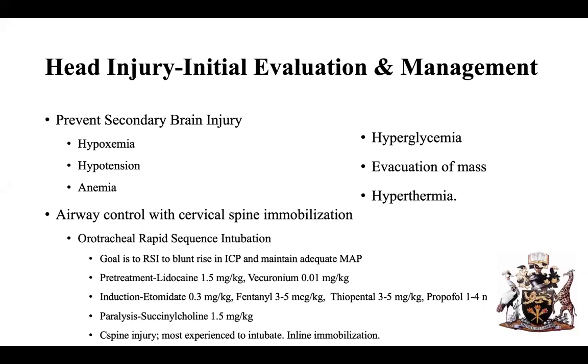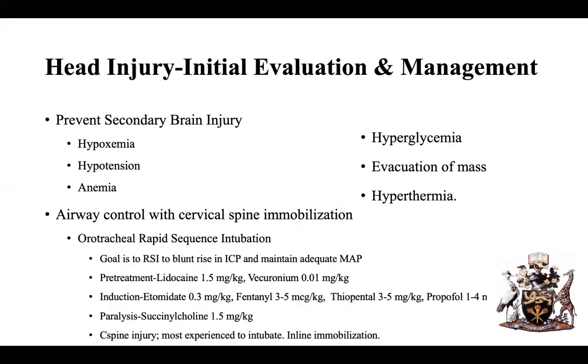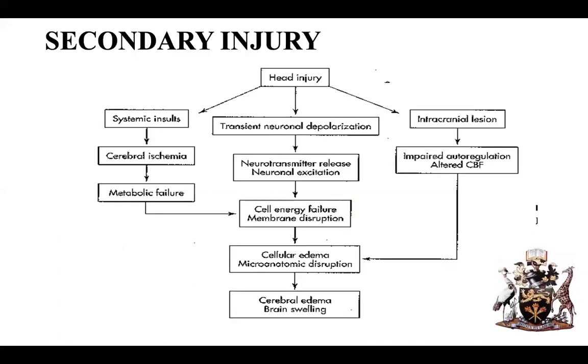So one of the things that you have to consider, I'll come back to the airway control, but this is the head injury that has happened, the primary, and you have systemic insult, which causes cerebral ischemia, and together with the primary injury and the intracranial lesion, all of them result in brain edema, which results in cell death and brain swelling. I'll put up two